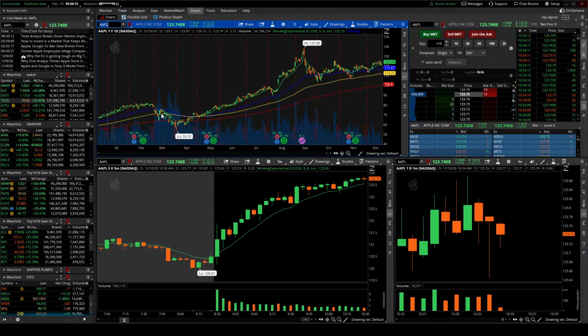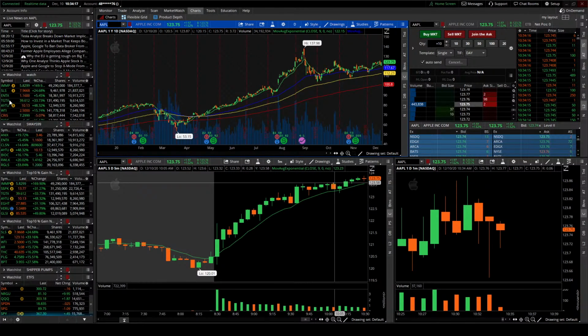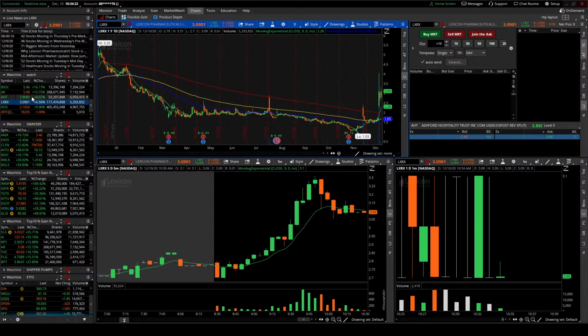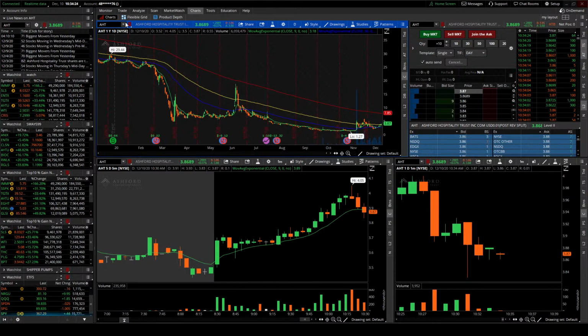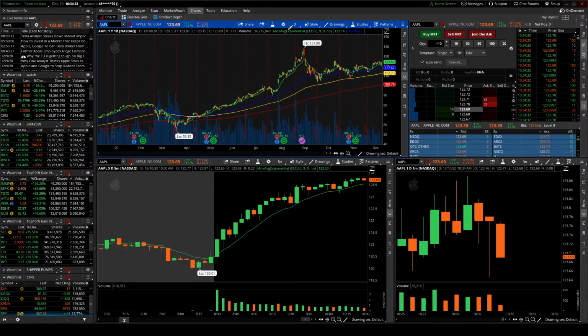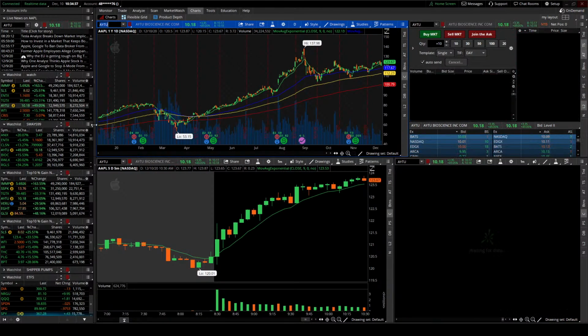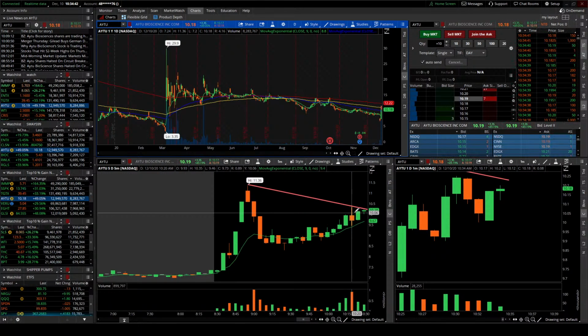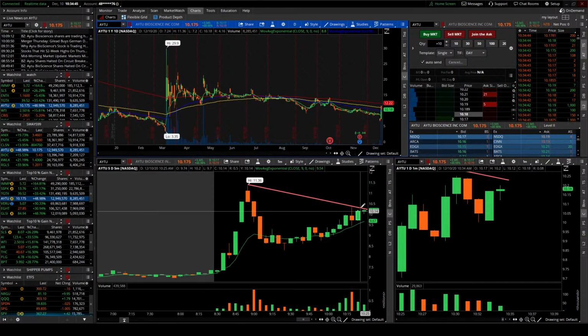But if you've got a smaller account, you're going to have a hard time getting enough shares of Apple. So that's what I'm saying. Like if you only got 500 or 1,000 to work with, trying to scalp Apple for 5 or 10 cents is going to be a little tricky because you're only going to be able to get 8, 9 shares. And if it moves 10 cents, that's only $8 or $9. Where like AYTU, if you bought 100 shares at 10 and it moves up to